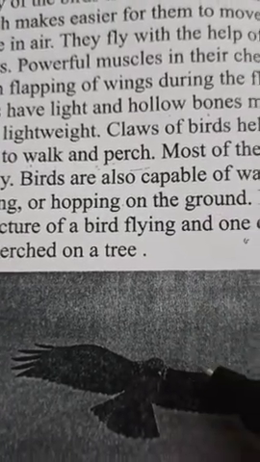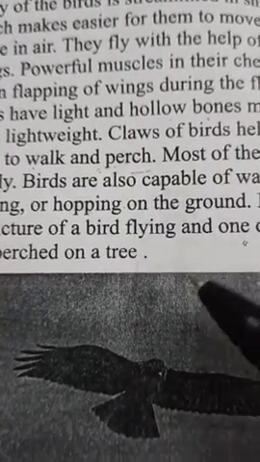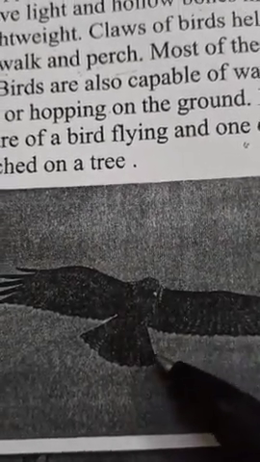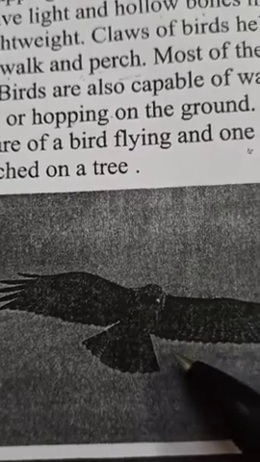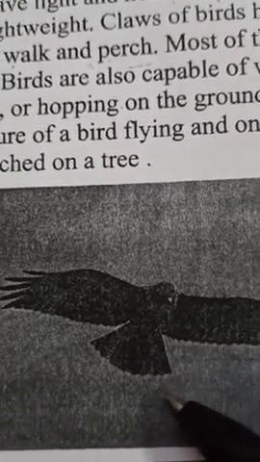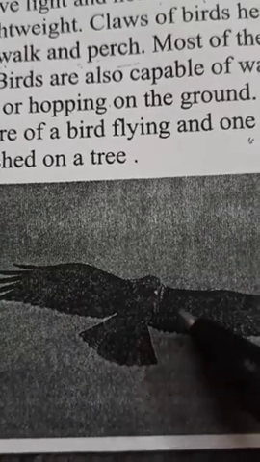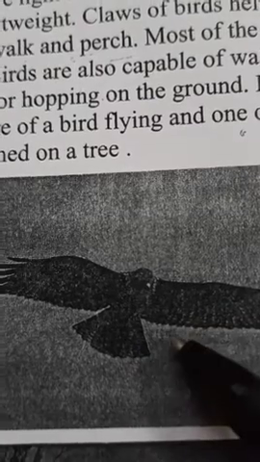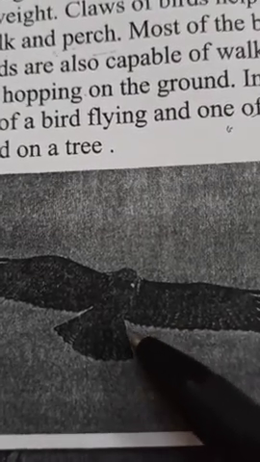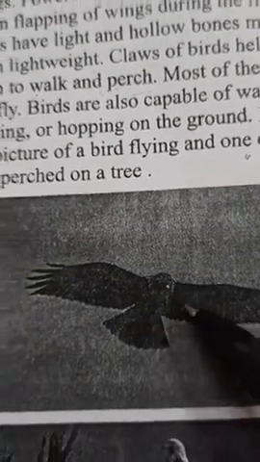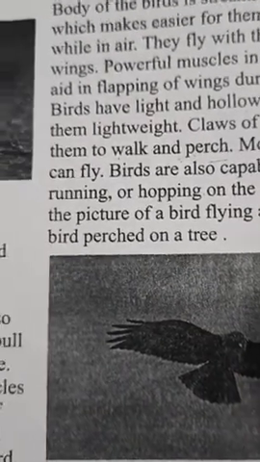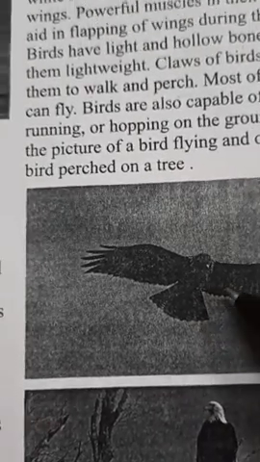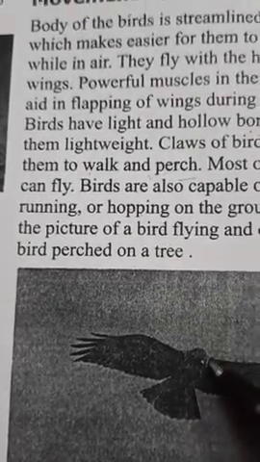wings, okay. And you know, all the birds have feathers all over their body, and feathers are also very lightweight. They are hairy structures, but they are very light in weight, and they also help the birds to make their body lightweight, so that they can easily fly. So these are the various kinds of movements in case of birds we can see, okay.